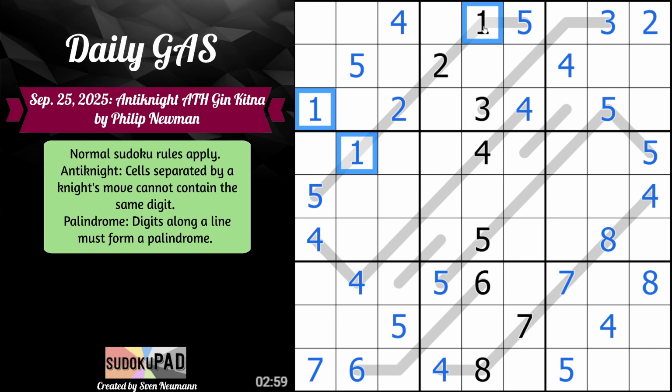Let's jump back to 1s for a second here. 1 could be double 1, could be double 1 here. 2s. Oh, 2s are very isolated. I didn't even realize that. Well,